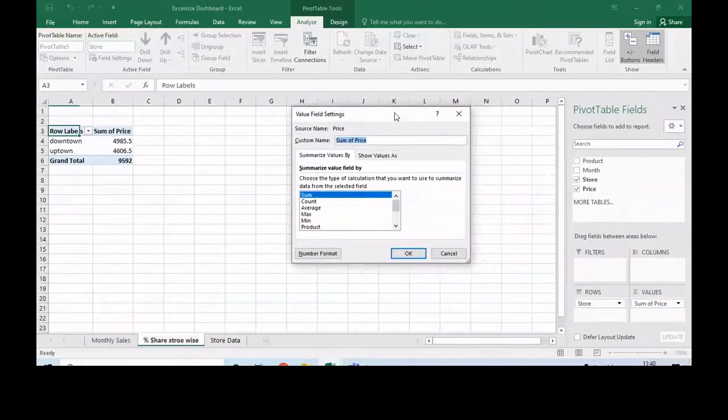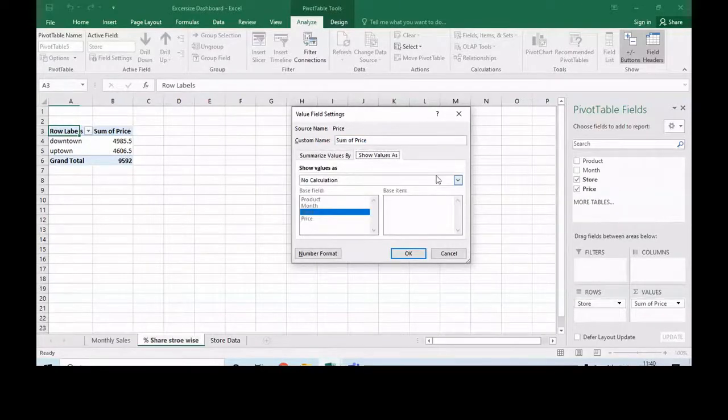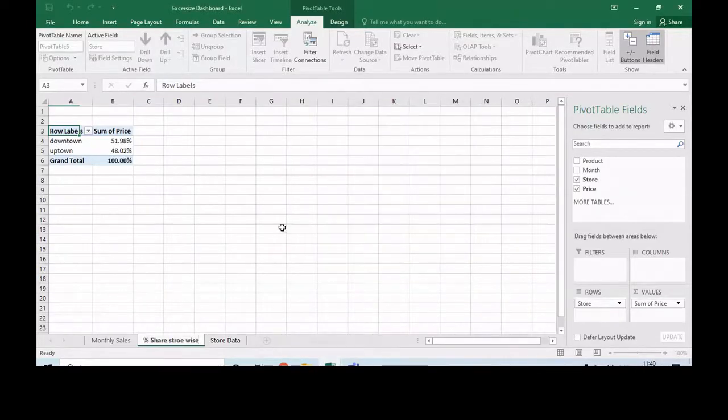Now select show value as, and in that select percentage of grand total. Click OK. So the values in the table now change to percentage instead of sum. That's it. We are done.